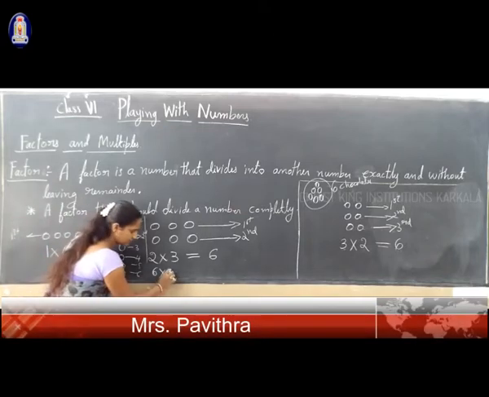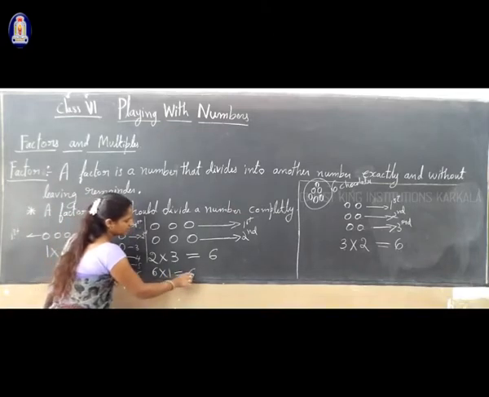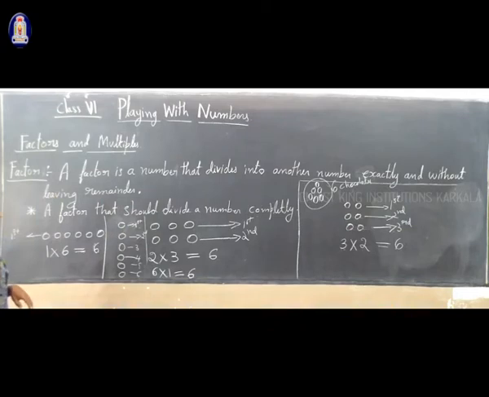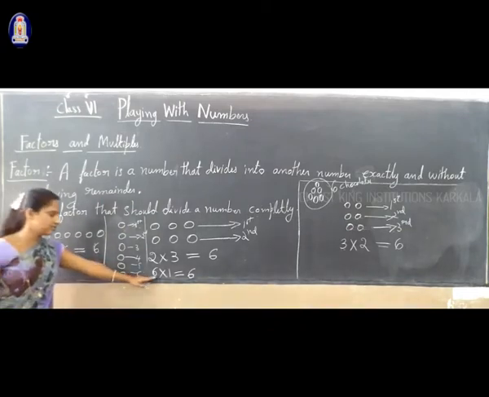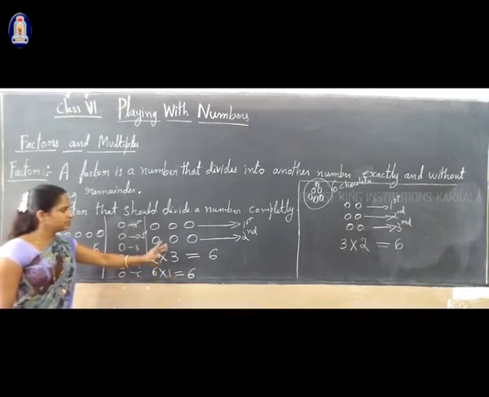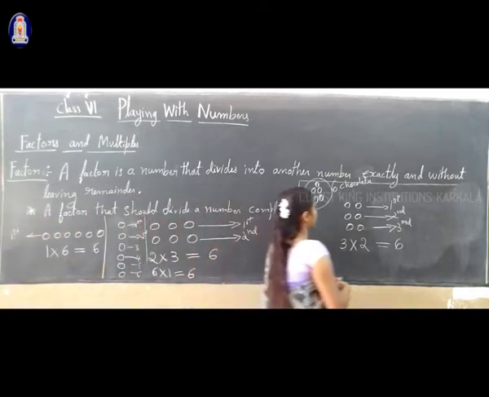So you have to write 6 into 1. That is 6. Clear? So 1 sixes are 6. This is 6 ones are 6. Here now we can understand that